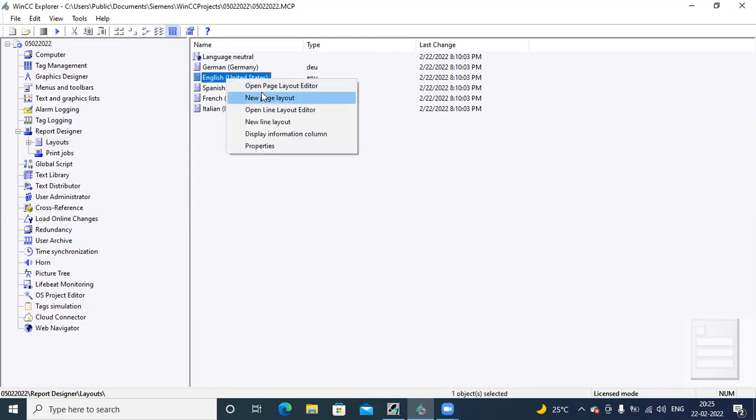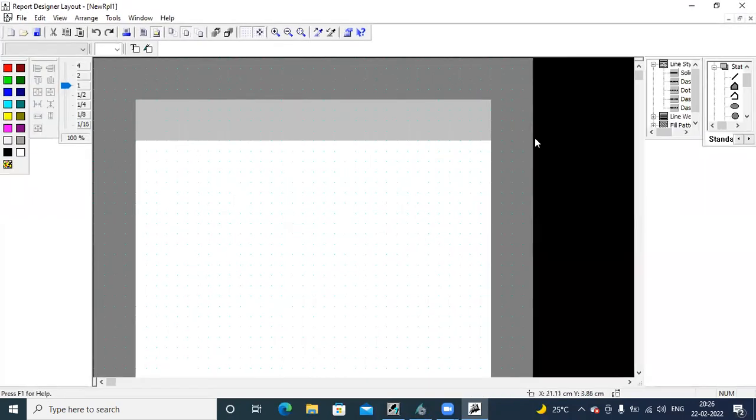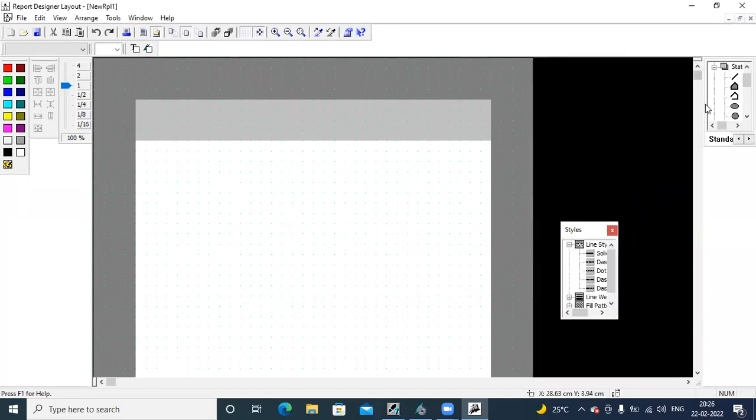Right click, select, open page layout editor. So this is your page layout. Just do some settings here.